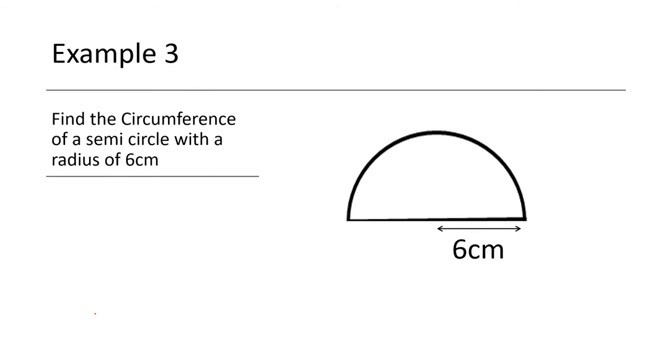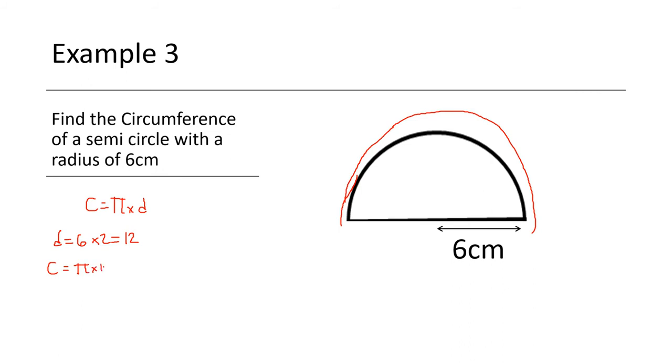Now we're going to go through example 3, which is where we're finding the circumference of a semicircle. We know that the circumference is the perimeter that goes all the way around our shape. So our circumference is equal to pi times diameter. Here we're given a radius, so our diameter is equal to our radius, which is 6, multiplied by 2, which gives us an answer of 12. So our circumference is equal to pi times 12, which gives us an answer of